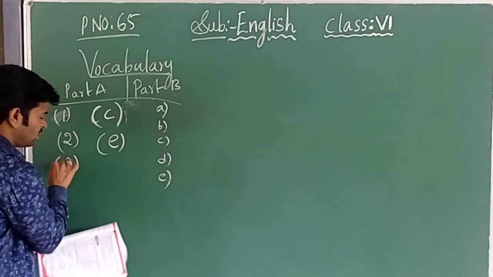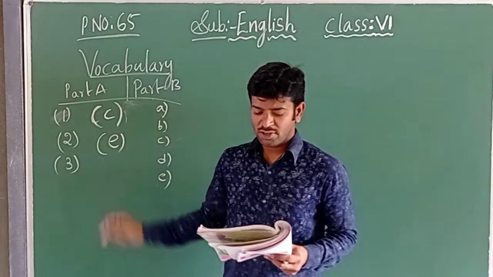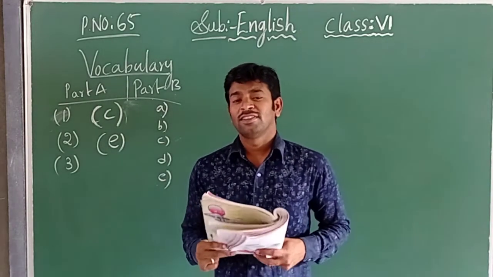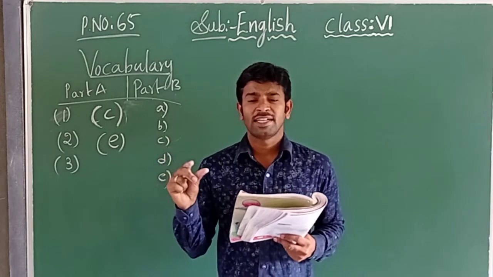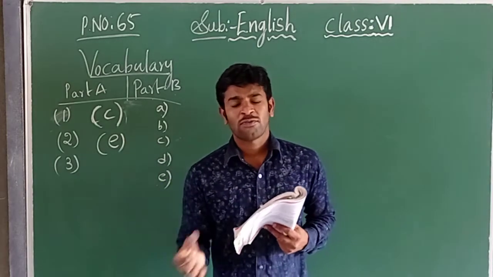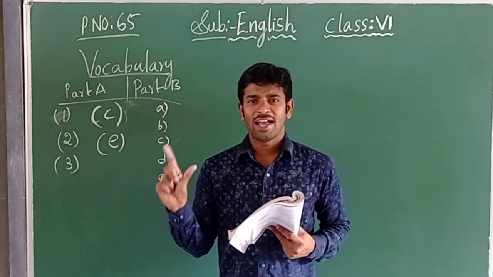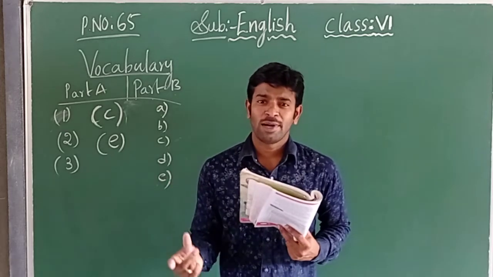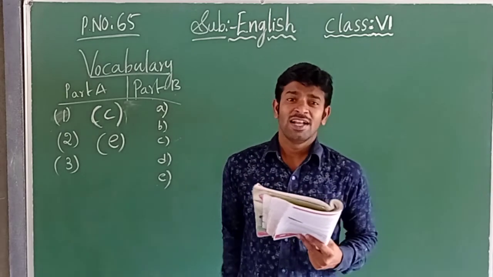Now we go to the third one, children. Everybody should look at the blackboard. Now, the third one, starch. What I told you, starch means the sticky juice part which is present in the leaves or in vegetables. In the process of photosynthesis, starch is formed in the leaves. Yes or no? Yesterday in the lesson I explained about starch and also about photosynthesis.